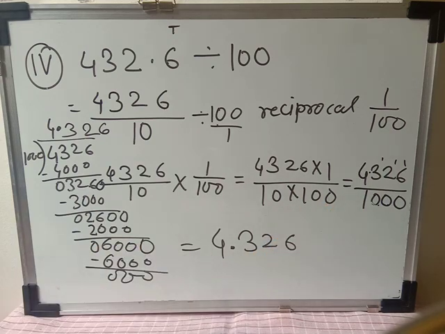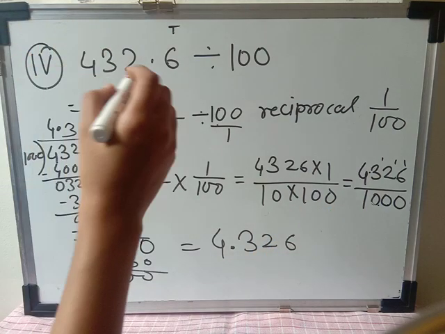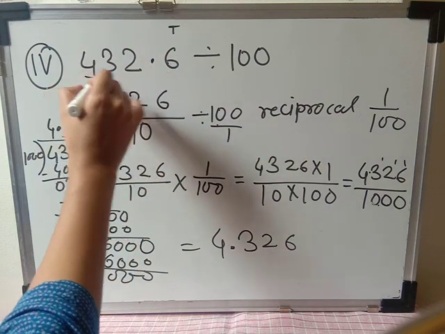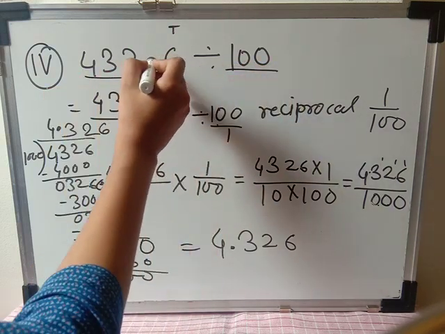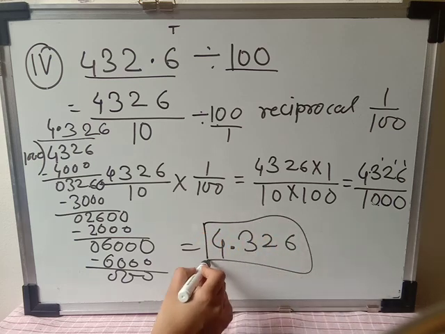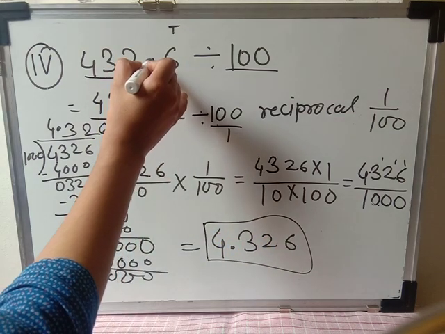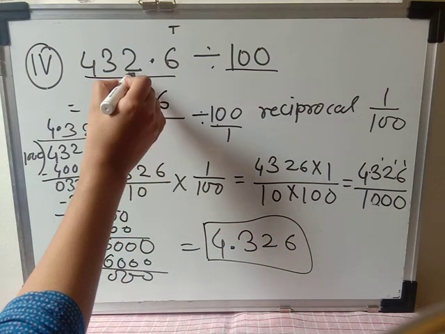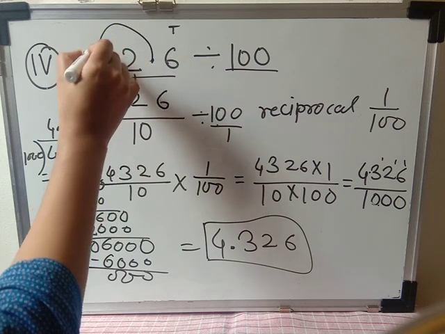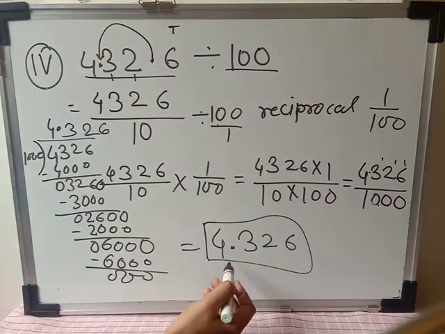Okay, now one more important thing that I want to remind you. Again here we divided the decimal with the 100. It means in the final answer, the decimal will move 2 places to the left side. So here 1 and 2, and here will move the decimal. And see, in our answer also the decimal is here.